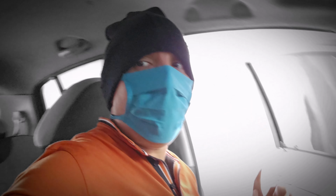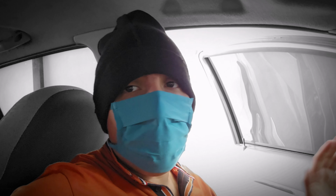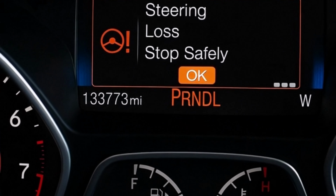Hi everyone, what I'm going to explain is backed by the mechanics working here in the shop, so no need to worry, this can be fixed. When your Ford shows the message, "Steering loss, stop safely," the first thing is don't panic, even though it sounds